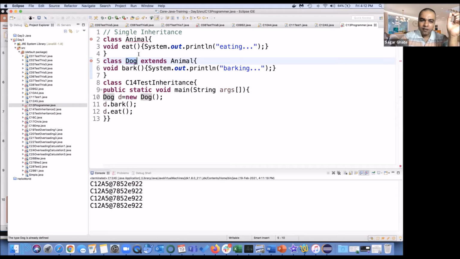So this is generic. This is specific. From generalization, you are moving to specialization in inheritance.